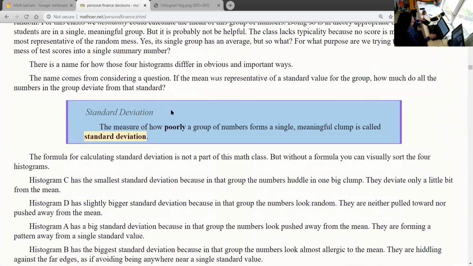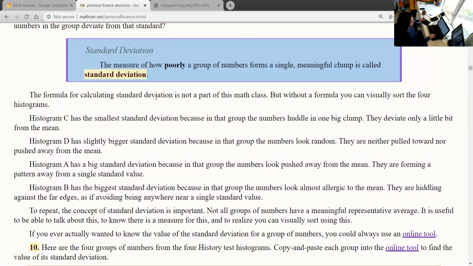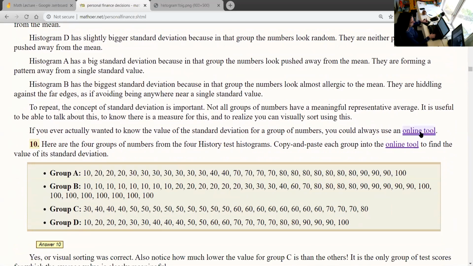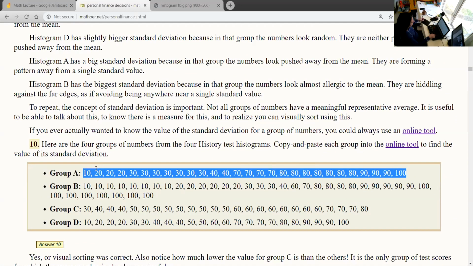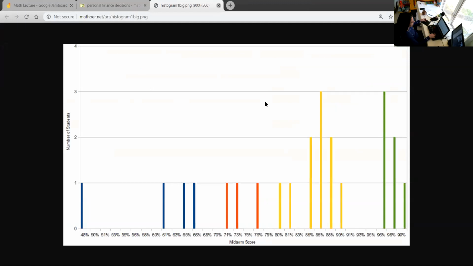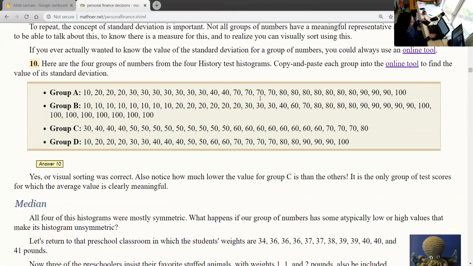And there's a formula for calculating standard deviation, but it's too complicated for Math 25. We are not going to actually look at this. If you ever wanted to know the standard deviations, you can use an online tool. So as an example, if you wanted to check your work, then here's a bunch of numbers. You can hit copy and paste, put them in this online tool, and it will tell you the standard deviation for them. But all you really want to know is that